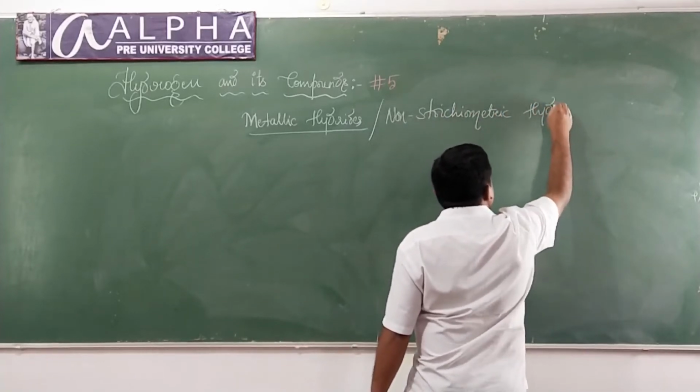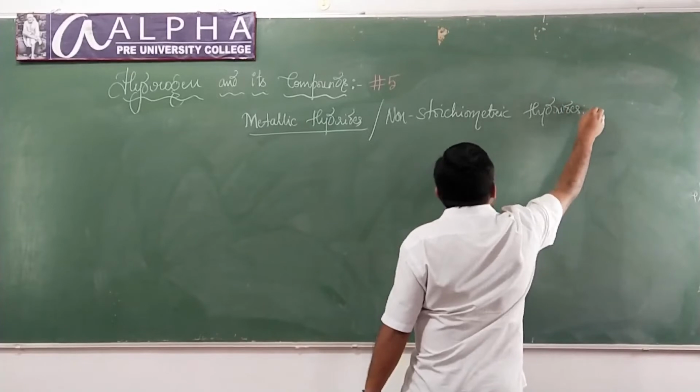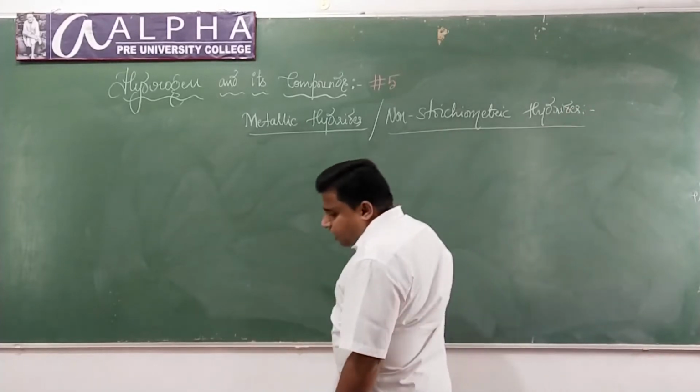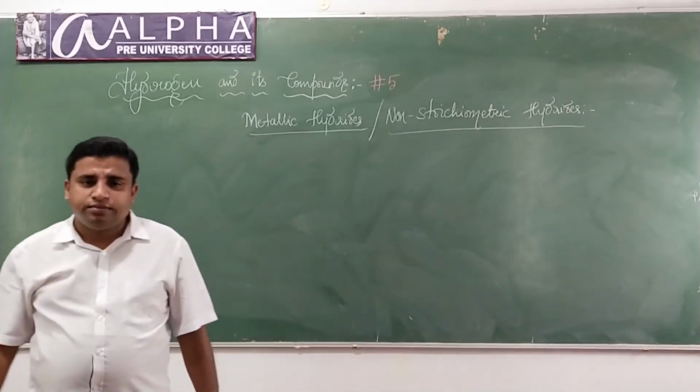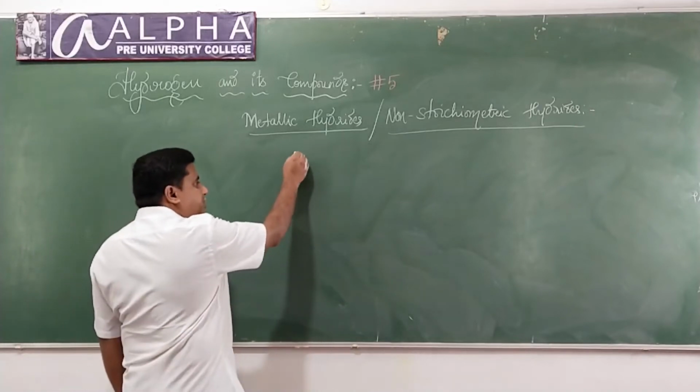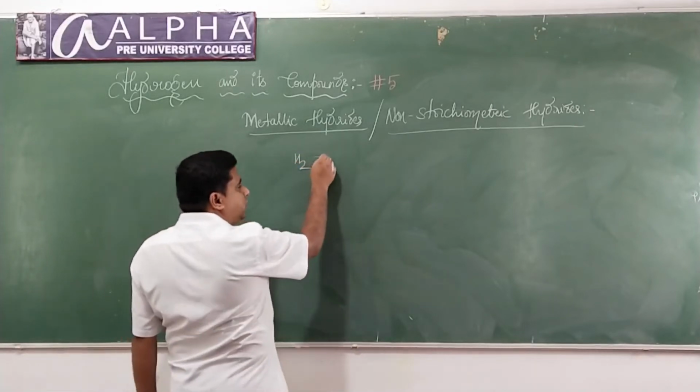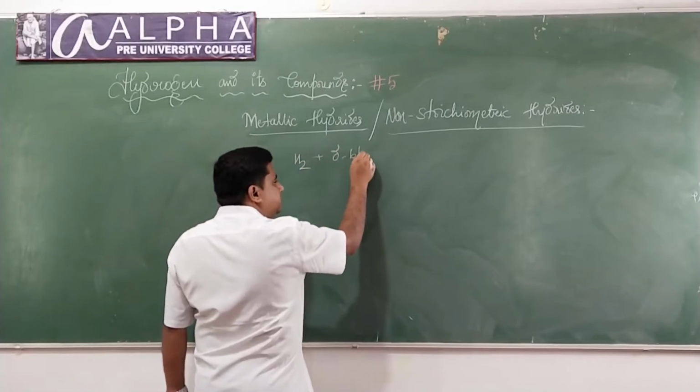They are also called non-stoichiometric hydrides. Understood? So when do you get metallic hydrides? Look here, if hydrogen combines with D block elements,